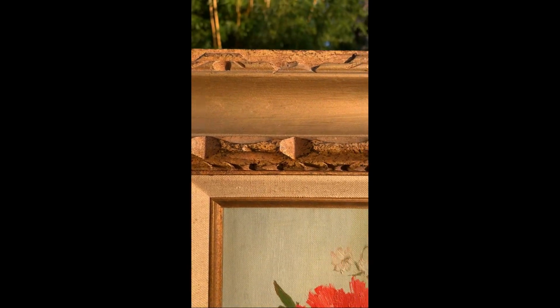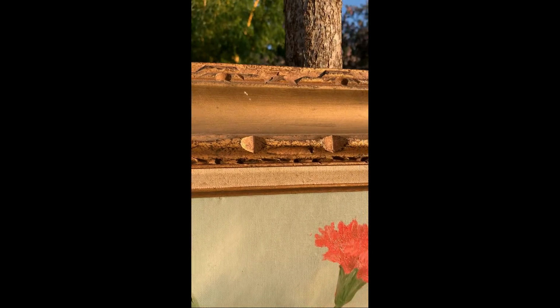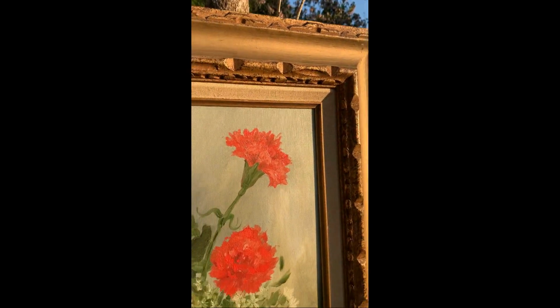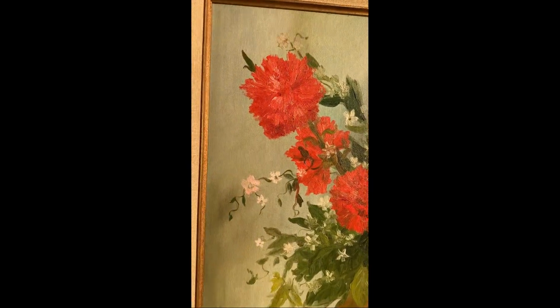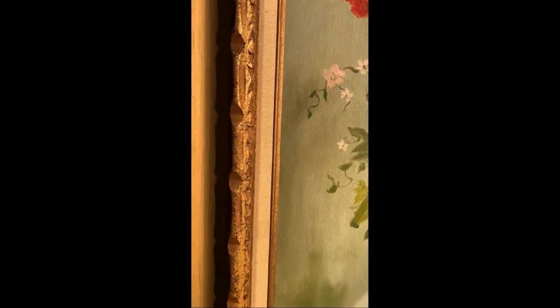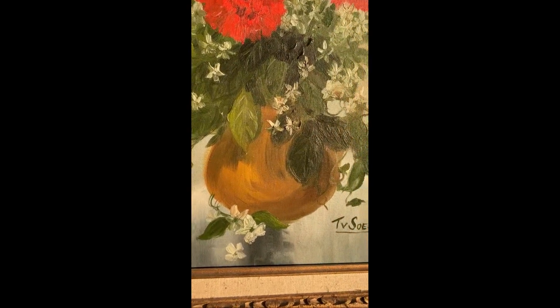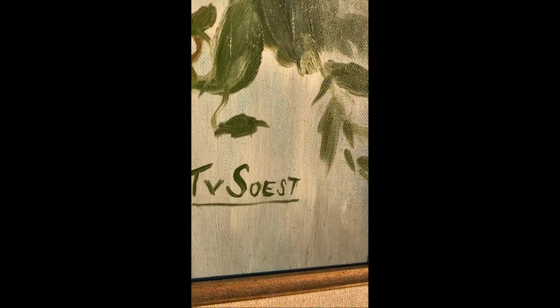I also happen to have a really soft spot in my heart for florals. I actually collect vintage floral oil paintings myself, and I have a full gallery wall of them. I loved this particular one mainly because of its size. It is huge. It's signed TV So Est, and it is a